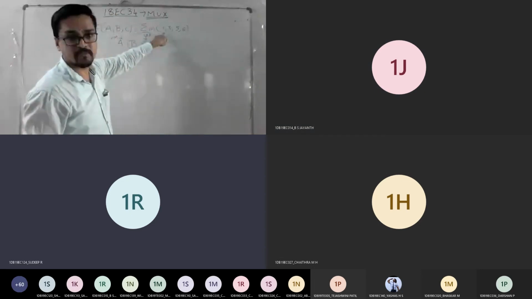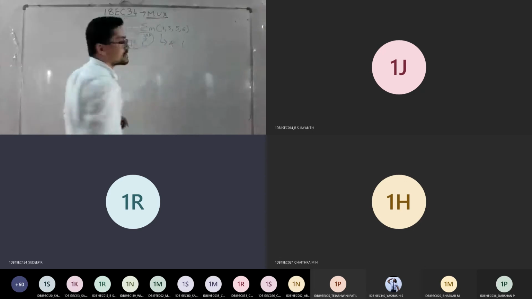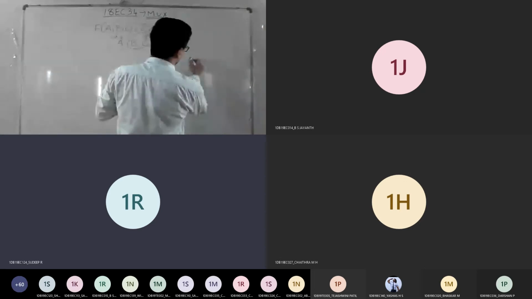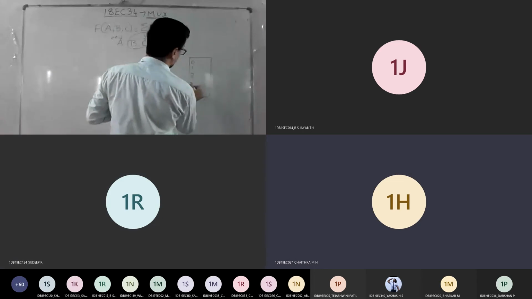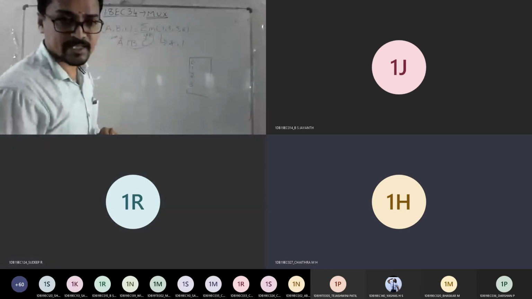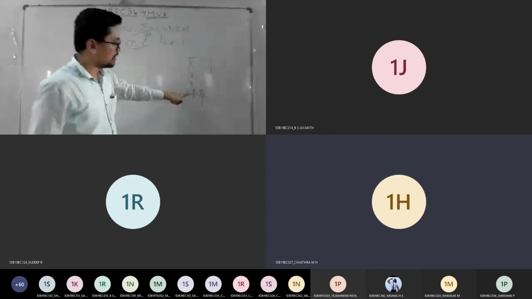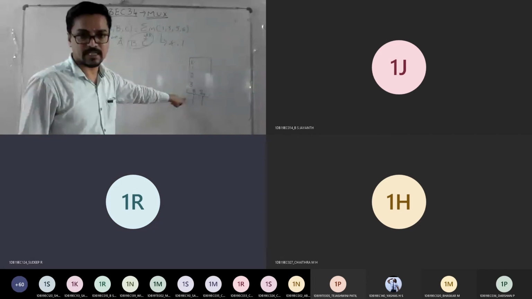Now I need to implement this using the clearly mentioned 4:1. In case of 4:1, how many inputs do you have? 4: 0, 1, 2, 3. Fair enough. How many selection lines? 2, S0 and S1. So they told us to connect the least significant variables as the selection pins.